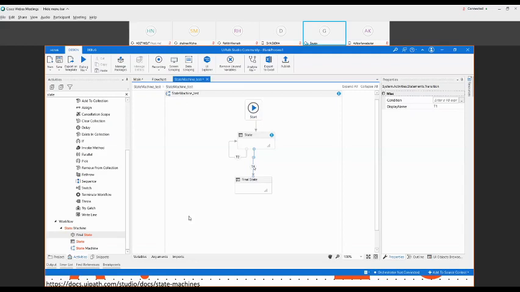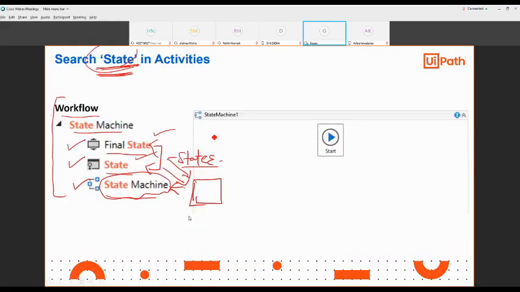It's simple: suppose there are two paths and both say x equal to 5, x equal to 5.